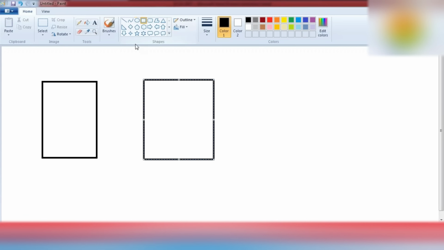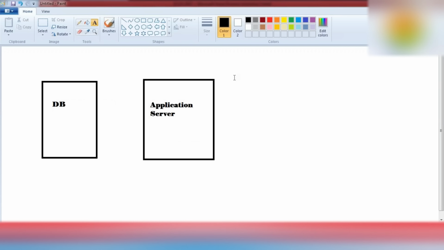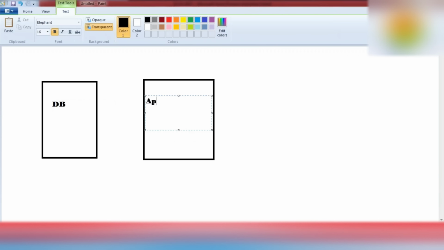Let me write it down here: this is your database, and this is your application server.